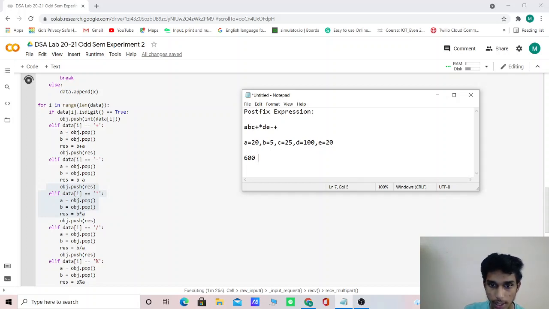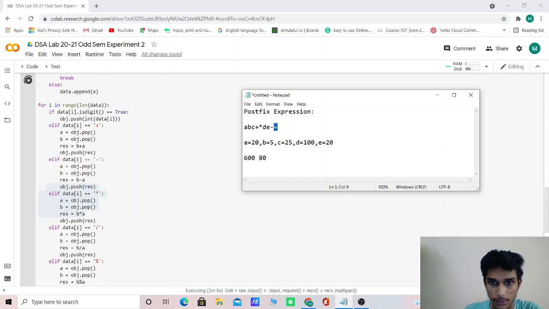Now it pushes the d value, 100, then the e value, 20, then shows minus. So 100 minus 20 happens and gives the value 80.